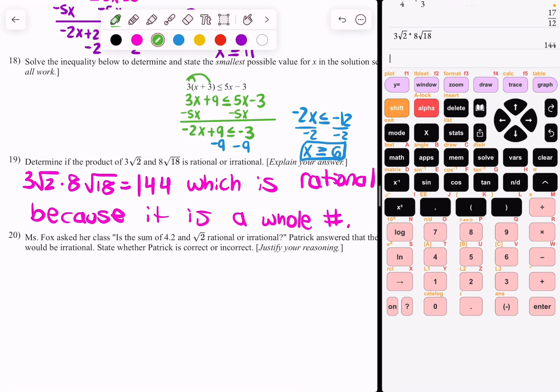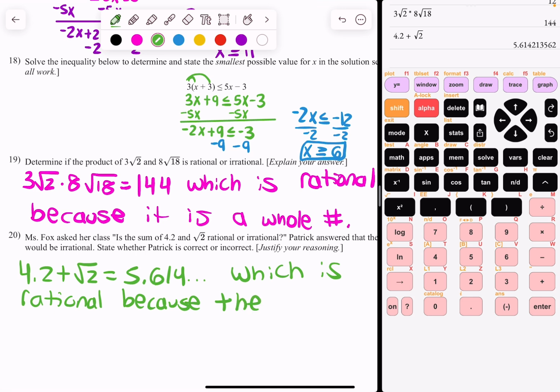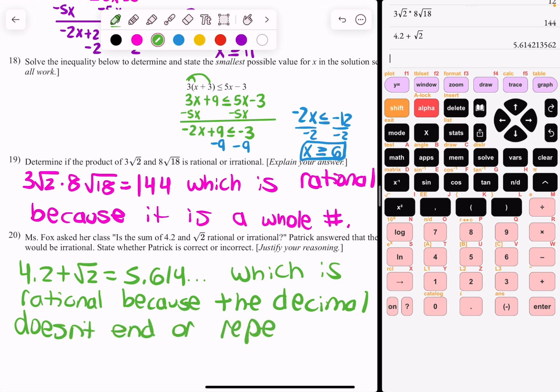And I want to know kind of the same for number 20. Mrs. Fox in her class asked her class, is the sum, which means to add, of 4.2 plus radical 2 rational or irrational? Let's see, 4.2 plus square root of 2 is 5.614 dot dot dot, which is irrational because the decimal doesn't end or repeat. Or you could even say because it cannot be written as a fraction,